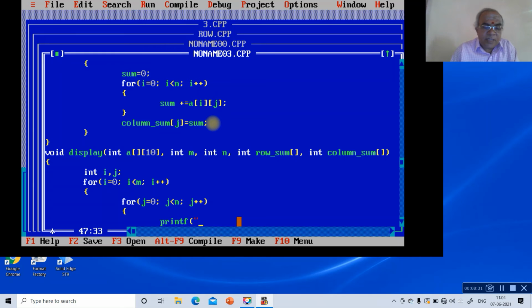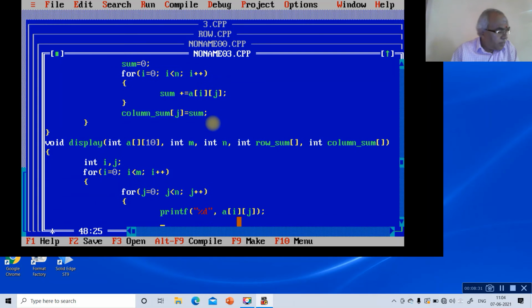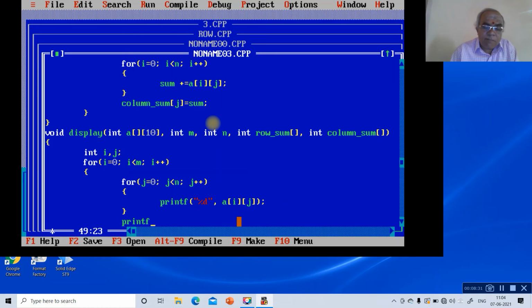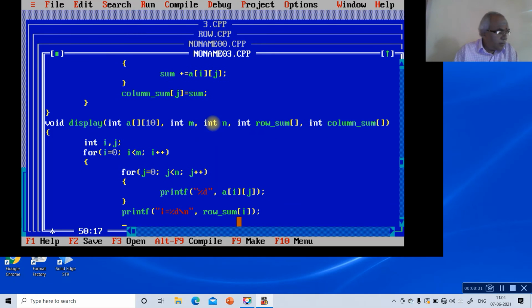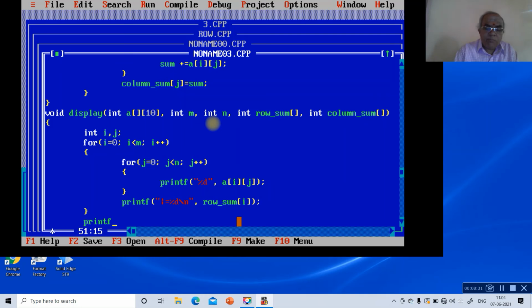printf percentage d a of ij, then close this, then printf, here open the quotes, equals shift, take this, equals percentage d backslash n, then we will write row_sum i, then close this, then printf backslash n.